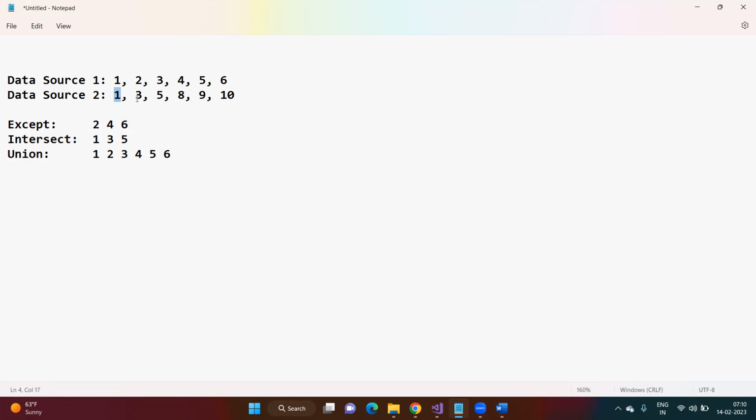So it is going to ignore this one. 3 is already appeared, it is going to ignore this one. 5 is already appeared, it is going to ignore this one. 8, 9, 10 have not appeared, so it is going to store 8, 9, and 10. That means it is basically joining both the data sources, or you can say it is combining the two data sources by removing the duplicate elements. Clear,